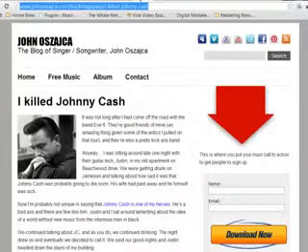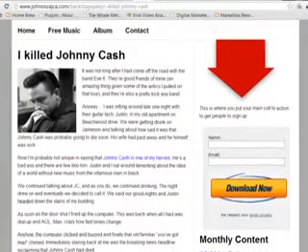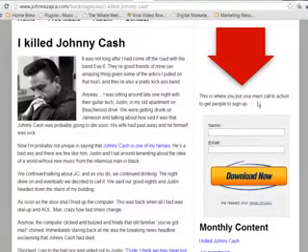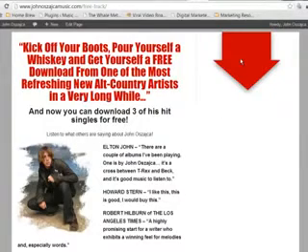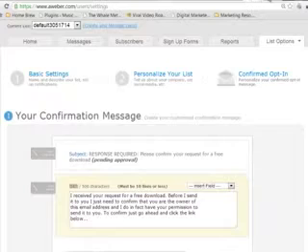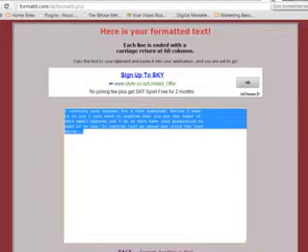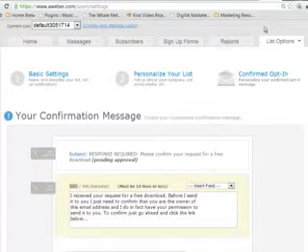I don't have my squeeze page example up currently, but here is basically what we're trying to do. This is a blog page, but obviously we need that to also appear on our squeeze page right here. So what we're going to do is, and there are a few steps involved, but it's not that complicated. First thing we're going to need to do is come